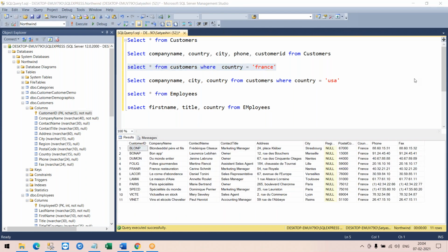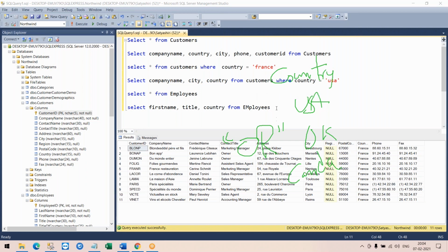Now, if I have more than one condition, say I want customers from USA or UK or Canada, then what will I do? I have to use an OR clause. The OR clause is used to apply conditions if you have more than one value you would like to verify.